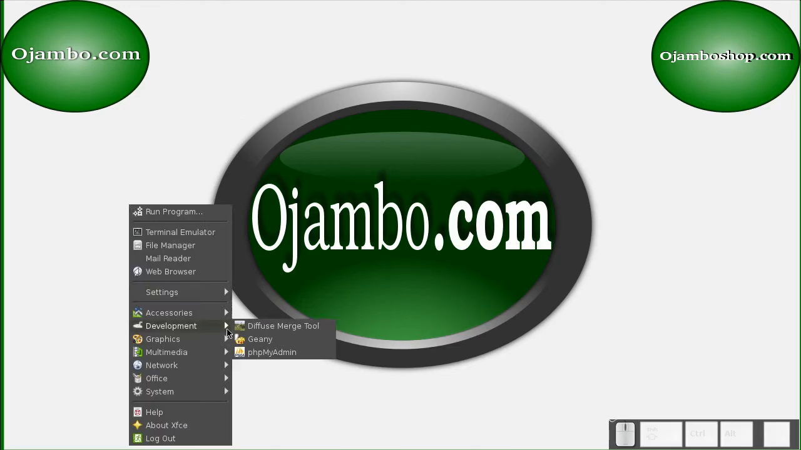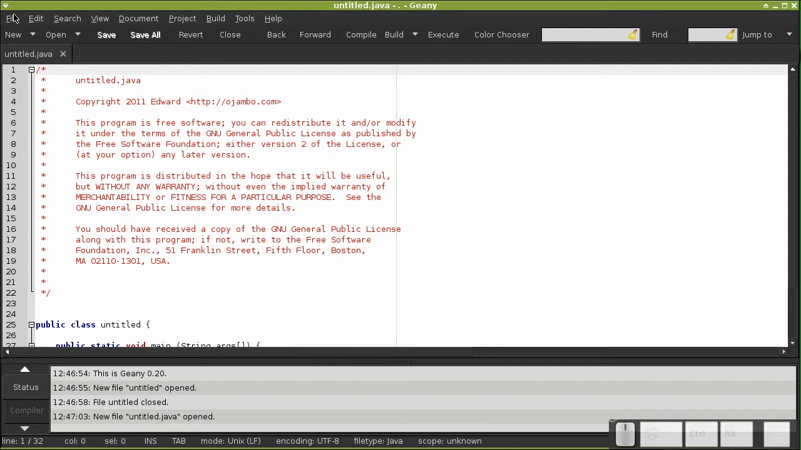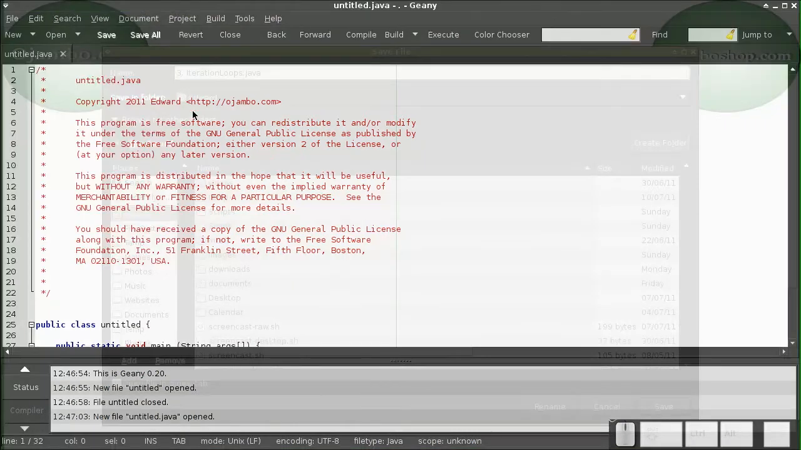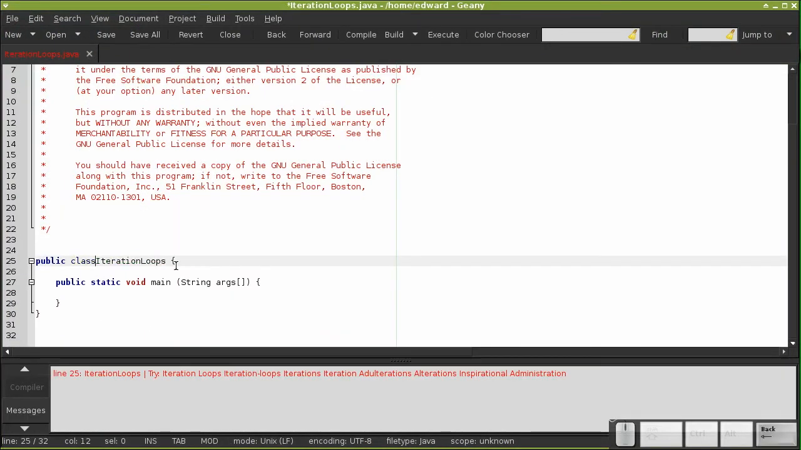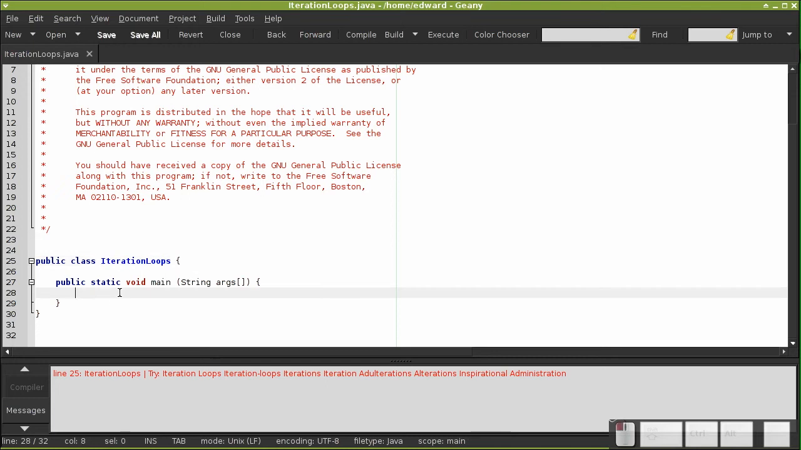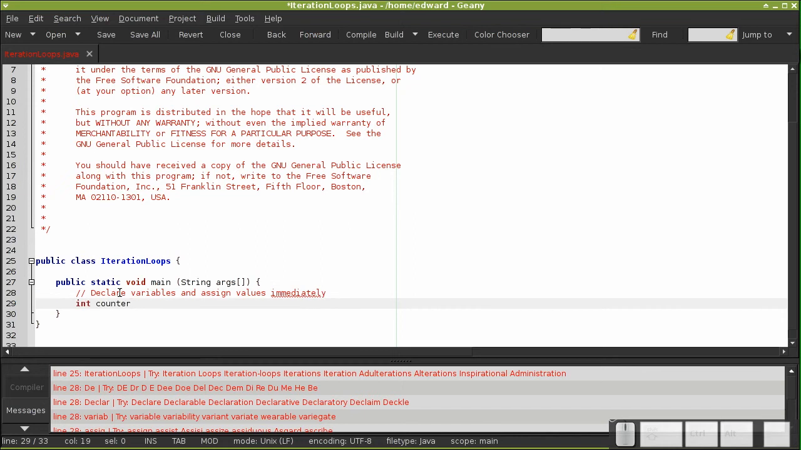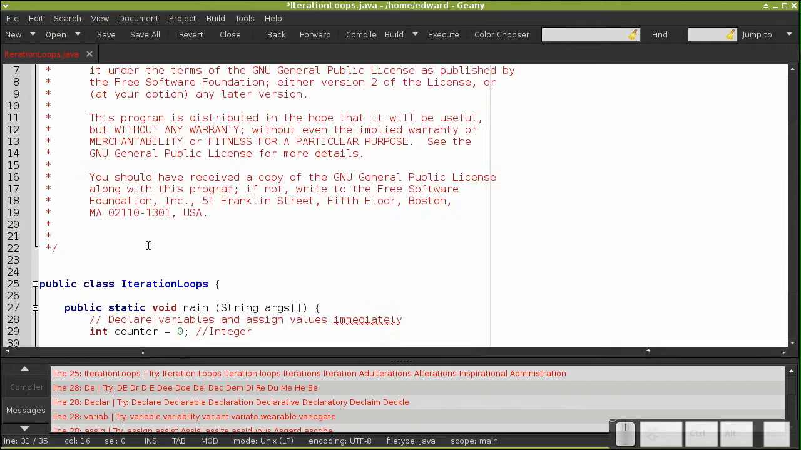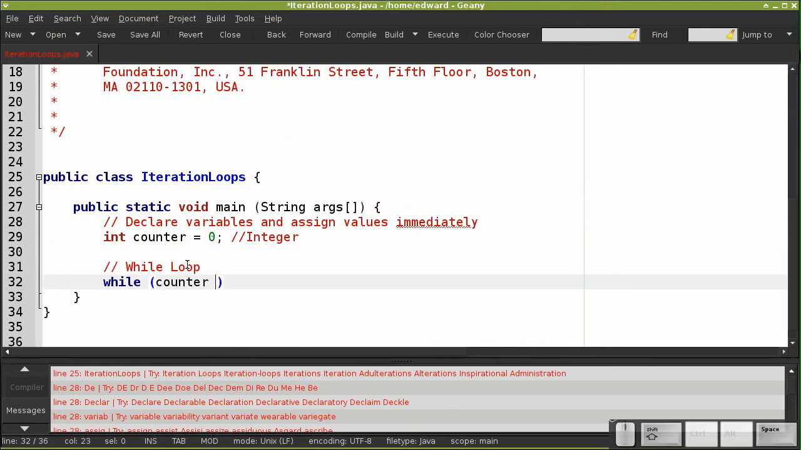Let's begin our video and save a new file as IterationLoops.java, and the class name is also IterationLoops. Now I'll declare a variable and assign the value immediately. So int counter equals 0, it's an integer. So while counter is less than 10,